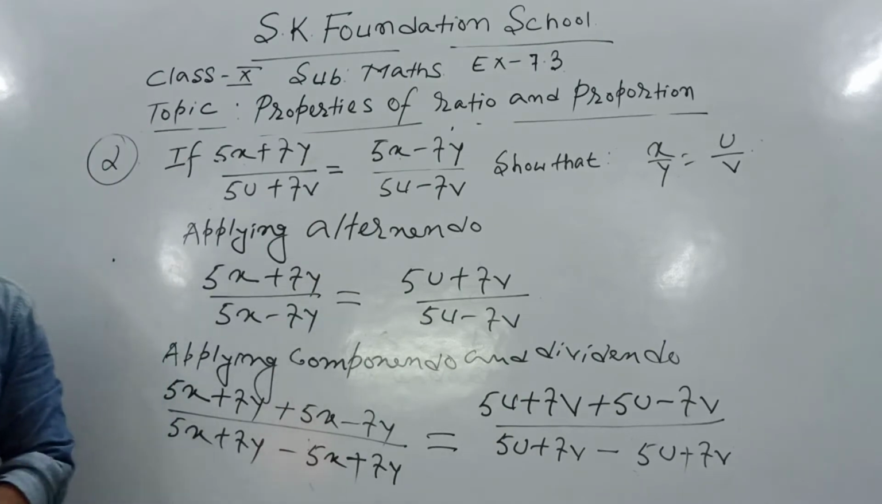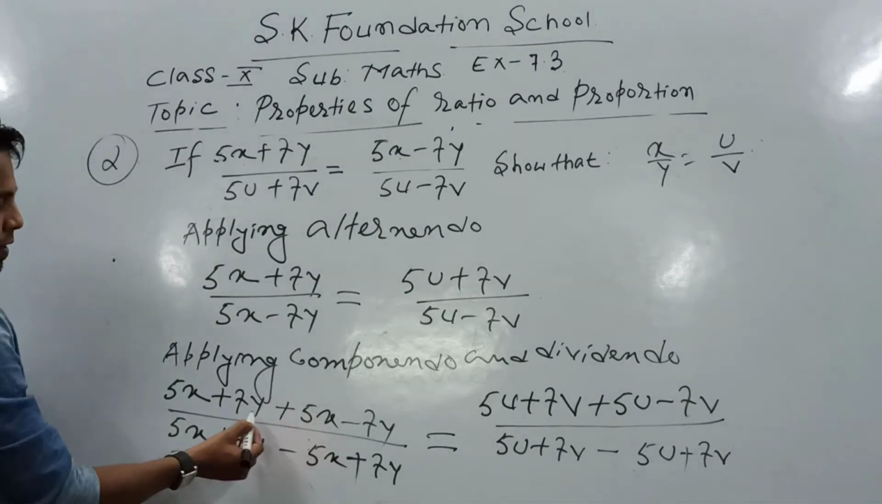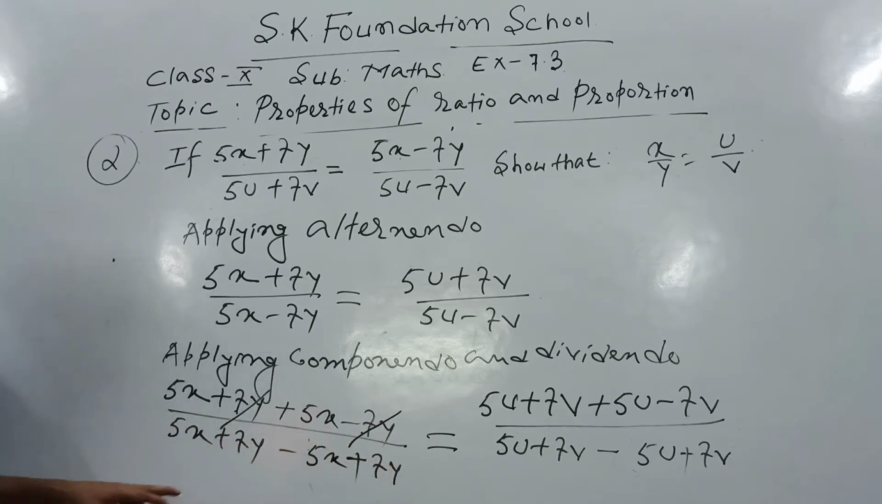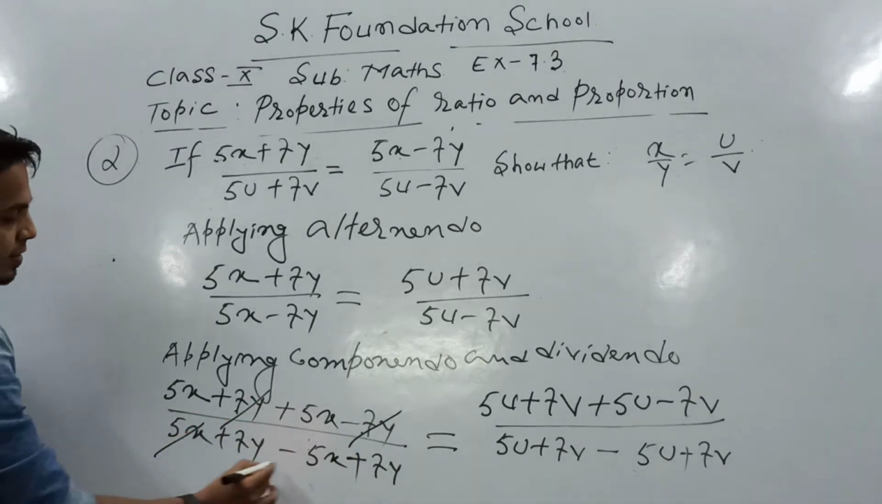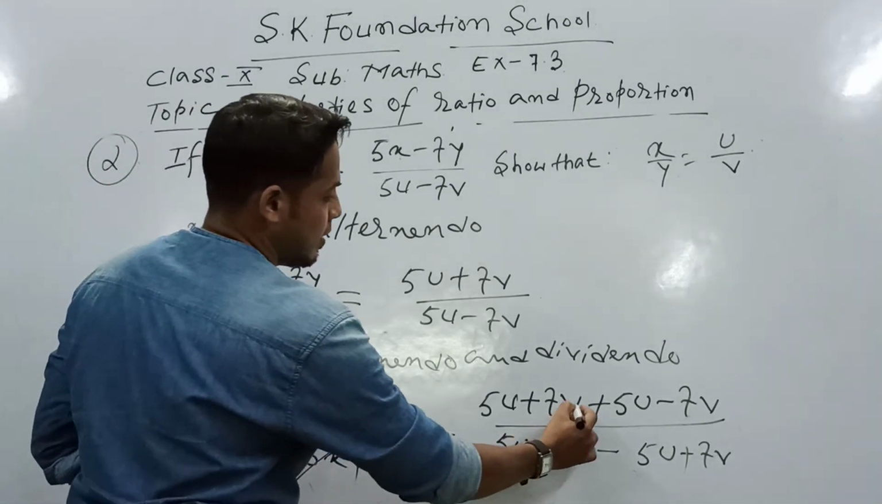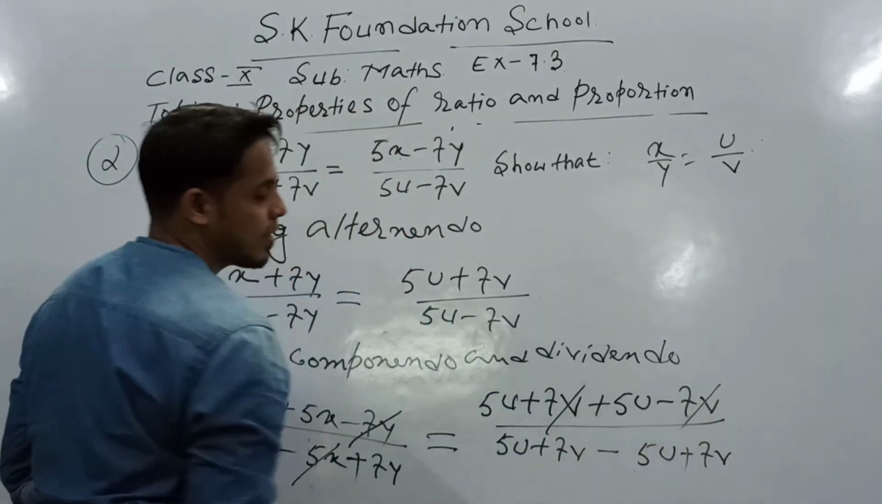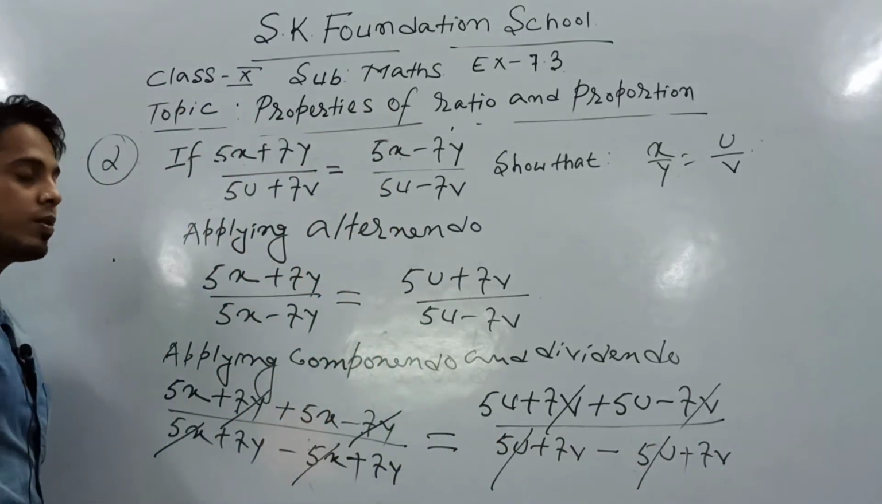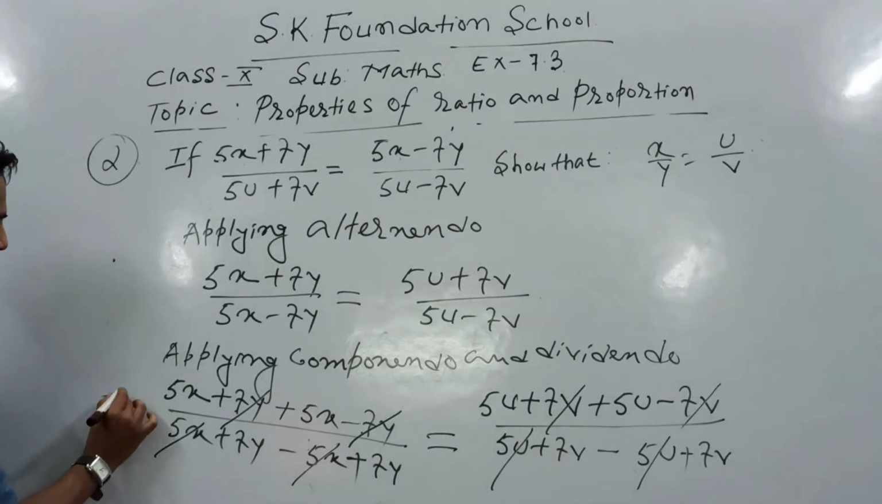Okay, now look at here, plus 7y minus 7y, they are cancelled out. In this portion, plus 5x minus 5x, they are cancelled out. Here, plus 7b minus 7b, they are cancelled out. 5u minus 5u, they are cancelled out. So the remaining portion, remaining part,